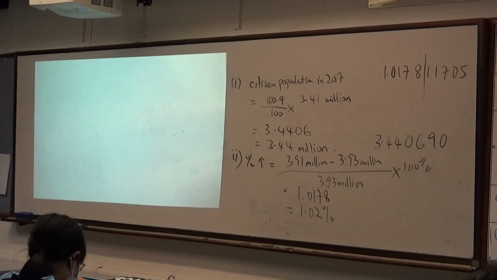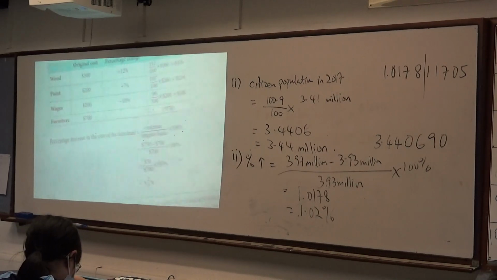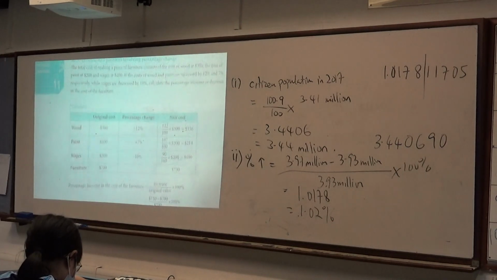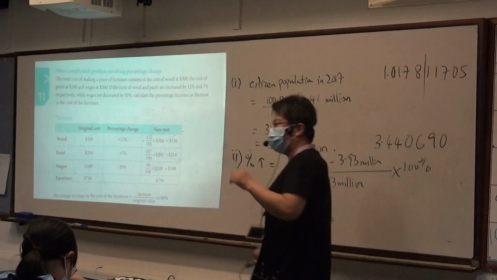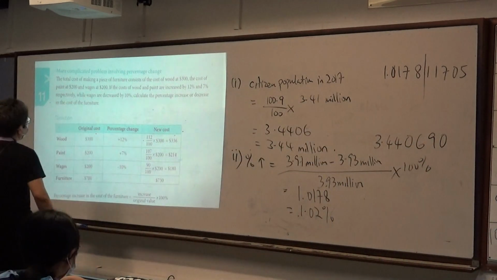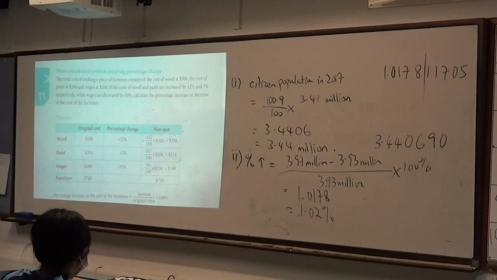Next, we move on to 11. Now 11 is quite straightforward. I'm going to just go through it on the board like that, okay? All of you look at the board. Don't look outside. The total cost of making a piece of furniture consists of the cost